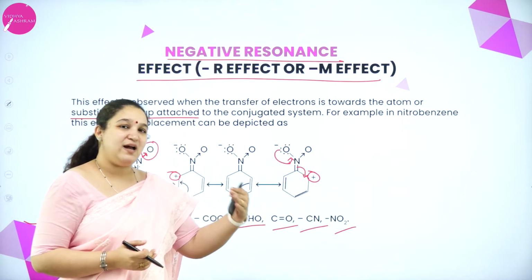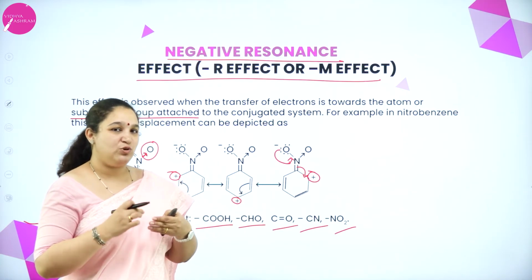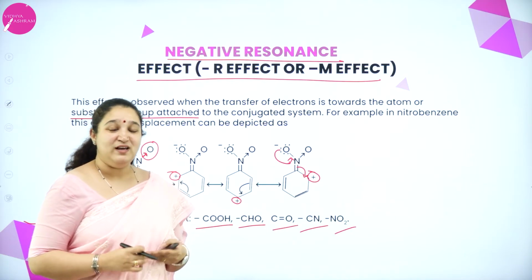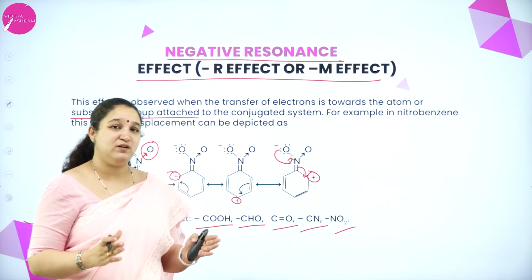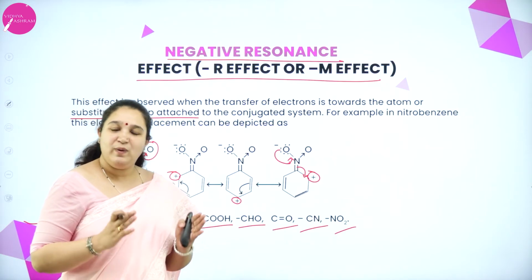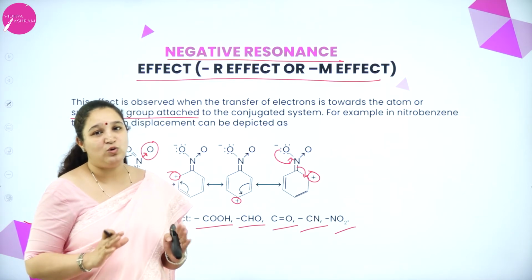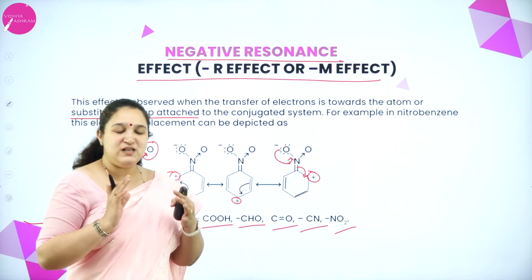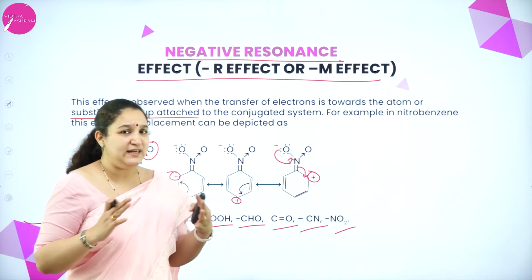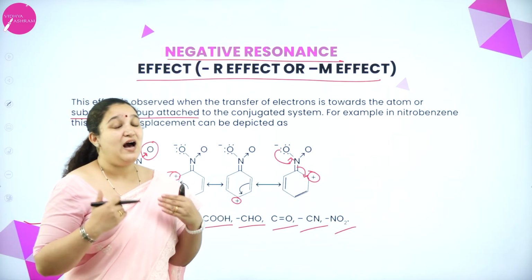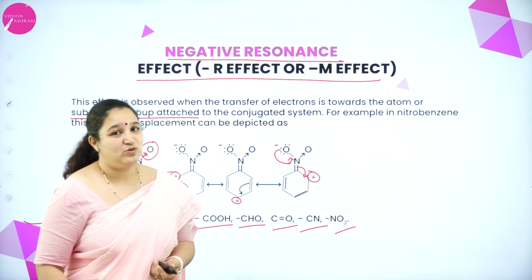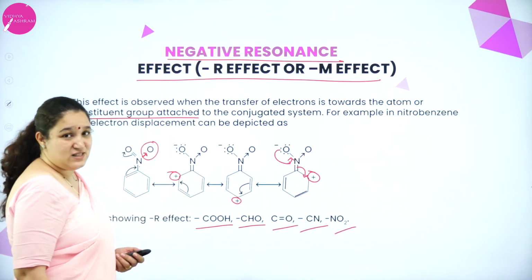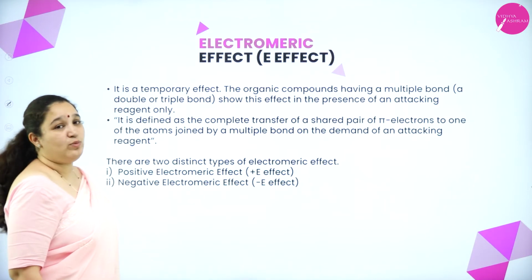Once again it comes in the hydrocarbons chapter, where I will show you the movement or delocalization of every electron. Especially we have the benzene chapter under hydrocarbons, where you will be learning again about the delocalization of electrons. So don't worry if the concept is still not completely clear. Once again I shall explain in the hydrocarbons chapter. Next we will be seeing the next effect, that is electromeric effect.